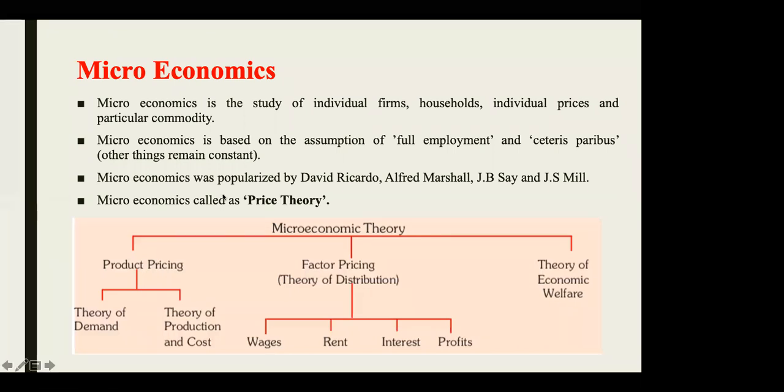Microeconomics, also called price theory. Under microeconomic theory, we have three partitions: product pricing, factor pricing, and theory of economic welfare. Under product pricing, we see theory of demand, under which we go through Marshallian demand, Hicksian demand, and then Slutsky's. This comes under theory of demand, and then theory of production,